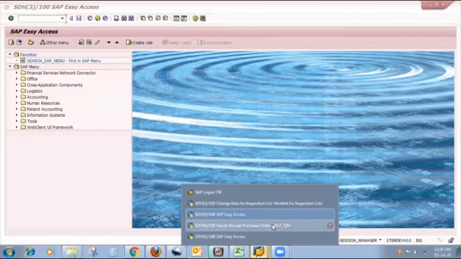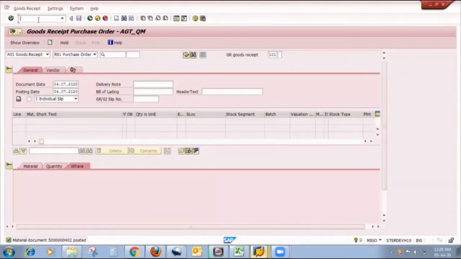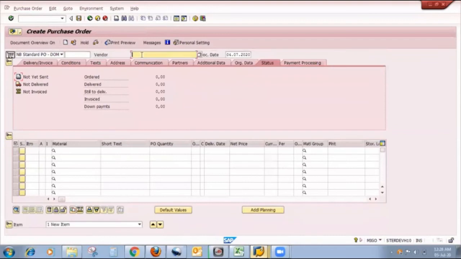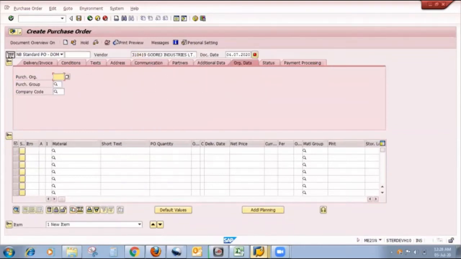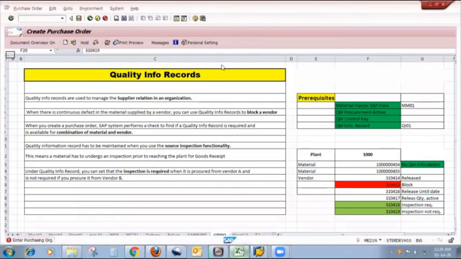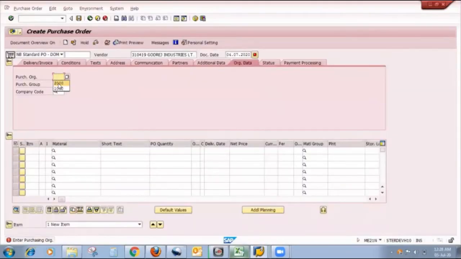So my next step is to create a purchase order. The T code for creating a purchase order is nothing but ME21N. Here I maintain my vendor. Here I maintain purchase organization, purchase group, and company code.